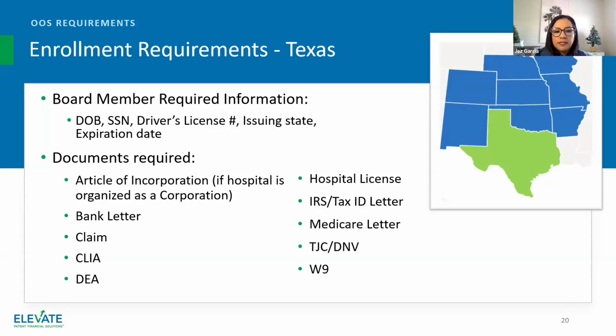So the difference between Texas and the other states is, we need the actual driver's license number, which state, and the expiration date for the actual driver's license. They don't need a copy of the driver's license. I will say, and I know that Kentucky is not one of the states that we have on here, but